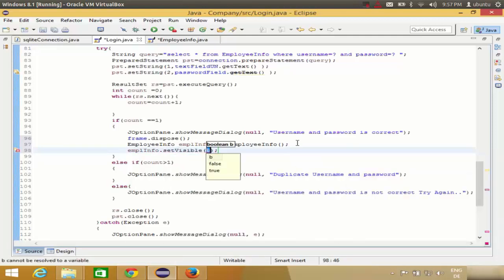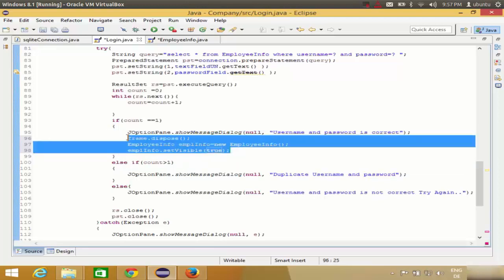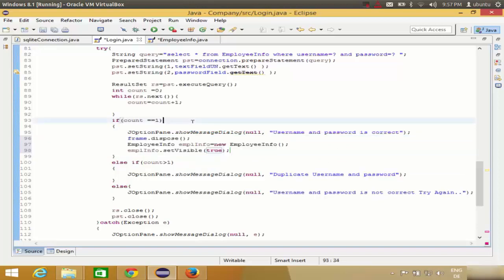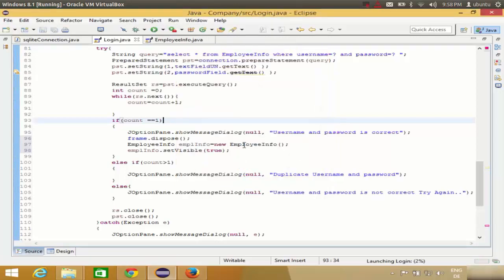And this method takes a boolean value. So I want to make this true to show this frame, right? So whenever I use this true, then this second class will be visible for me, or second frame will be visible for me. So you just need to write these two or three lines, right? And once again, I will run the program, click OK. It will open